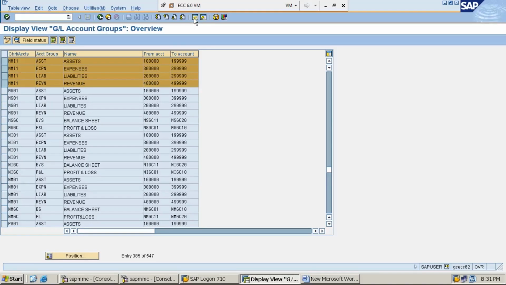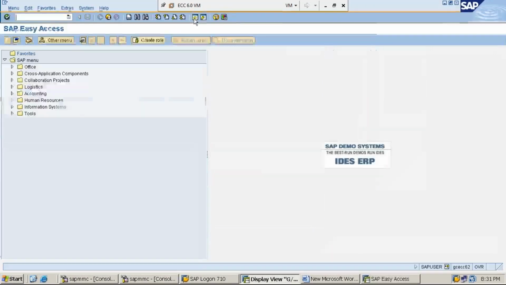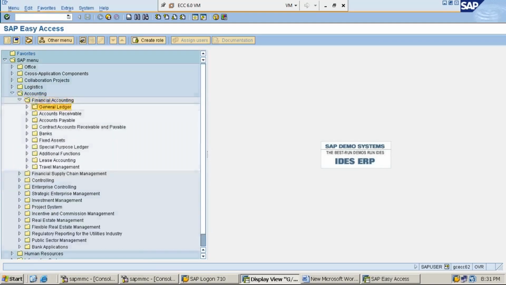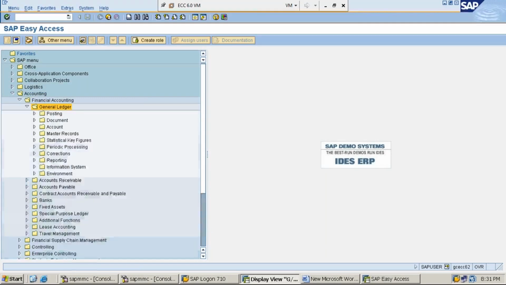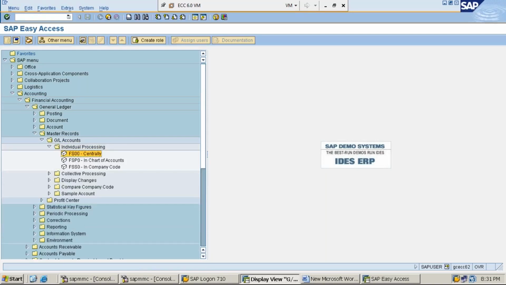So let me show you once again. No need to note down the path because you have already taken it down, but I will show you. It is SAP Easy Access, accounting, financial accounting, general ledger, master records, GL accounts, individual processing, FS00 centrally. I'm double clicking on that.